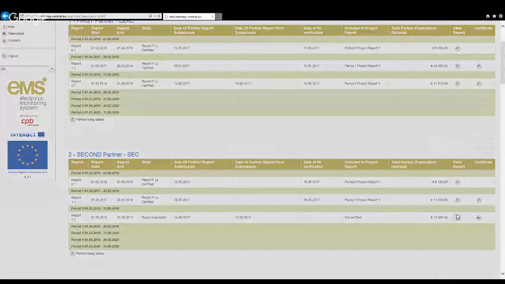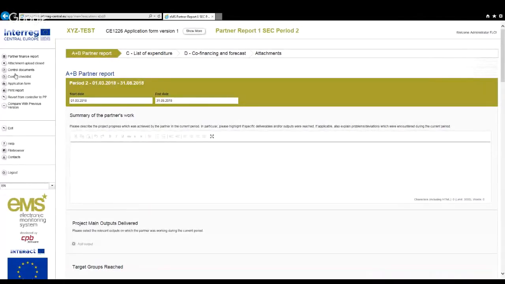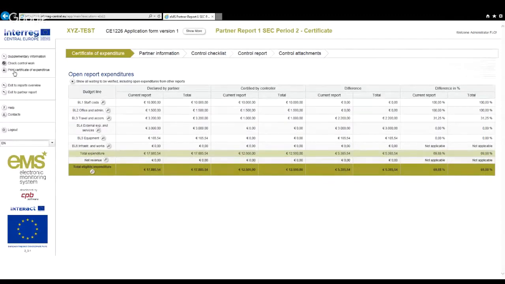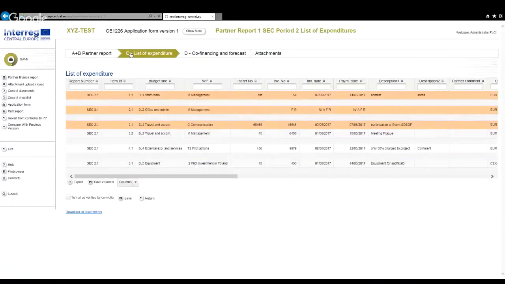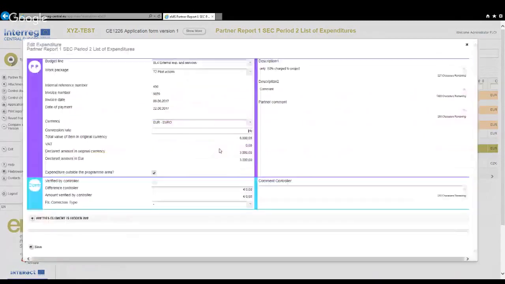So when you go to the control documents, we use it in the exit to partner report. So it's in the list of expenditure. You open the item,